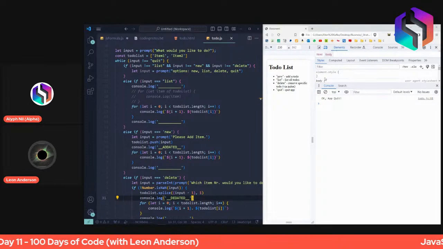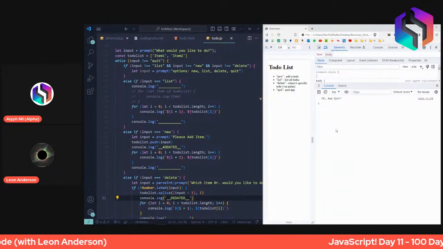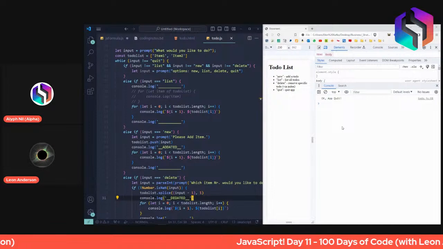So I built this quote unquote app. So if I go to the browser and